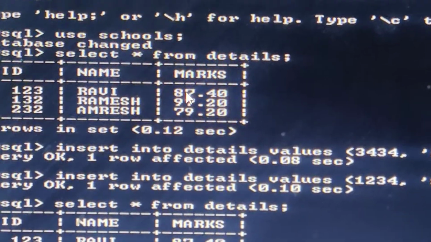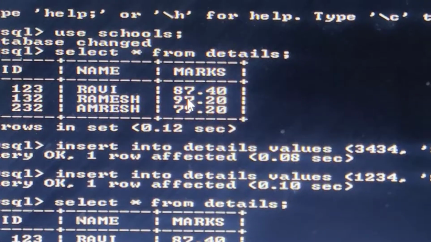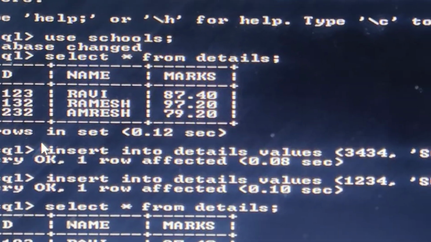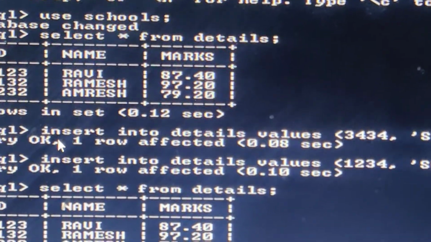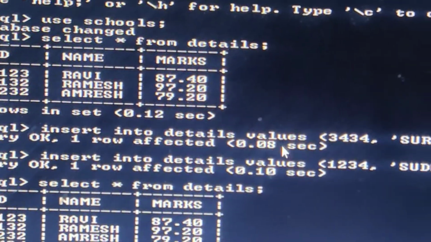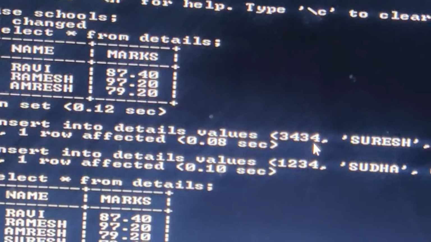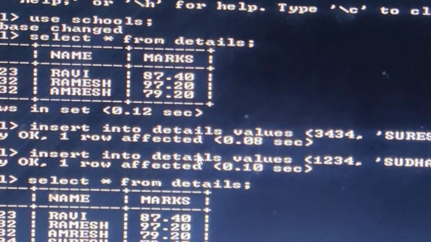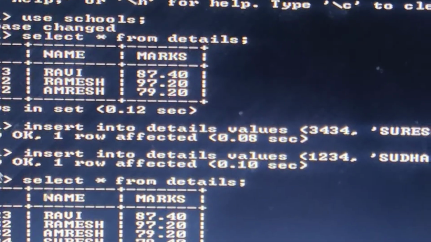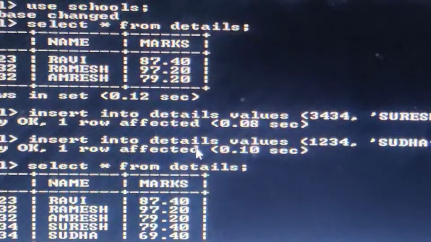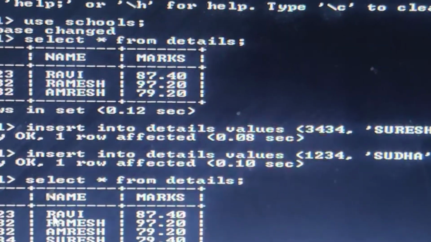In my last class I entered only 3 records, or we can say 3 rows. Now if we want to insert more rows, then again you have to write insert into details values, id, name, and marks. Query okay, 1 row affected, so it has entered. Now another row you want to enter, so insert into details values, the same thing.